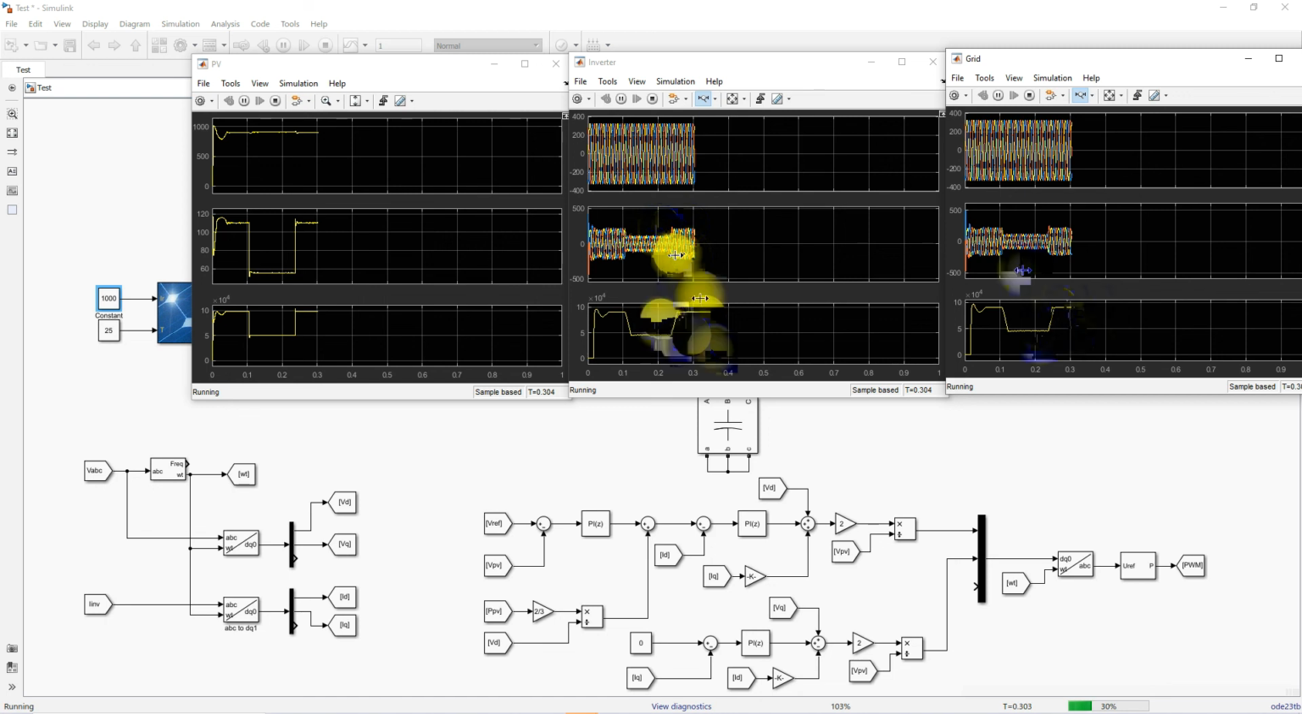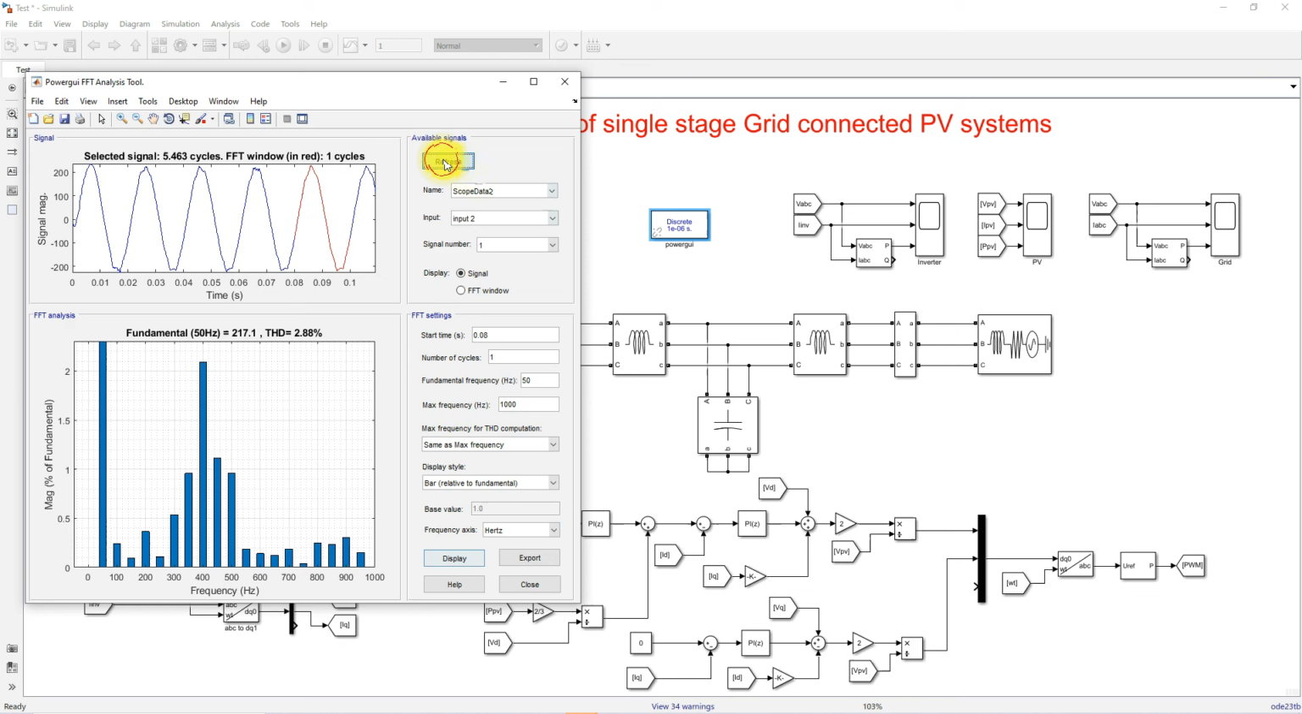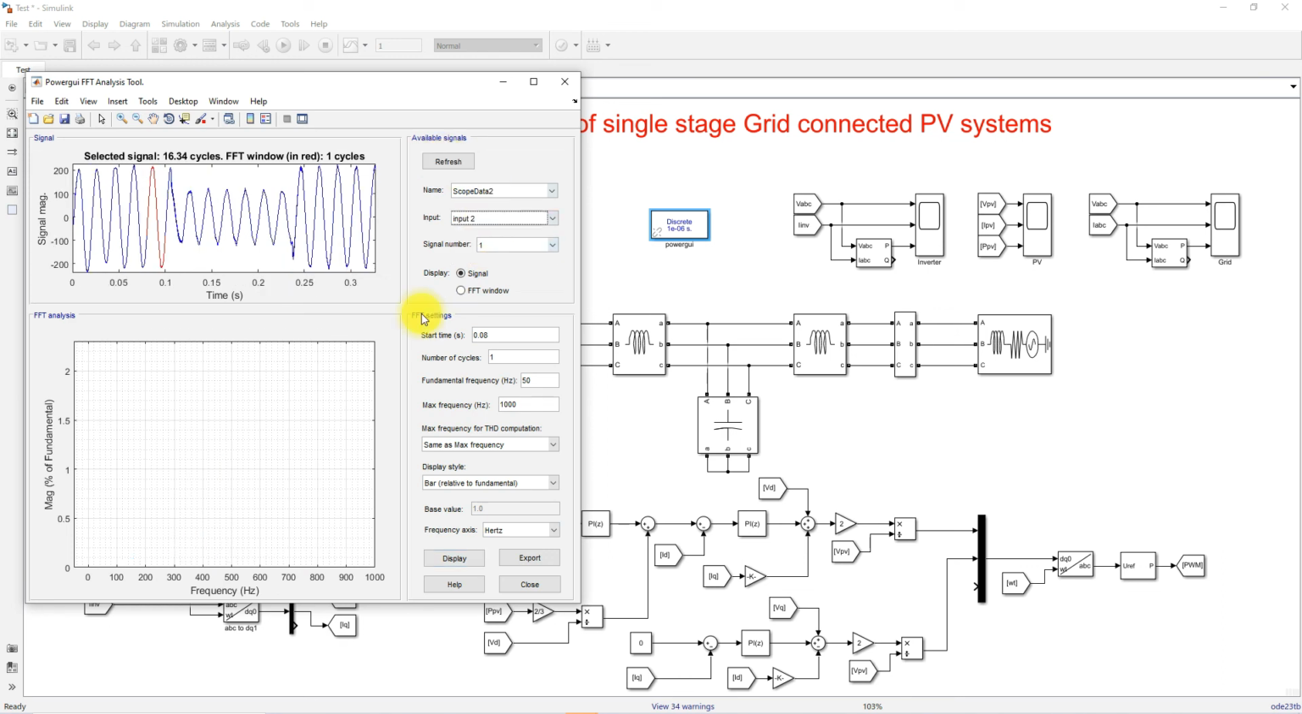Okay, so next process we need to check the THD. So here I'm going to check the THD. So I'm going to click scope data 2 and then click input, and here I'm going to check the THD at 0.06 initially, and then I'm going to check this around 1.99%. So THD is very good for grid current, right,